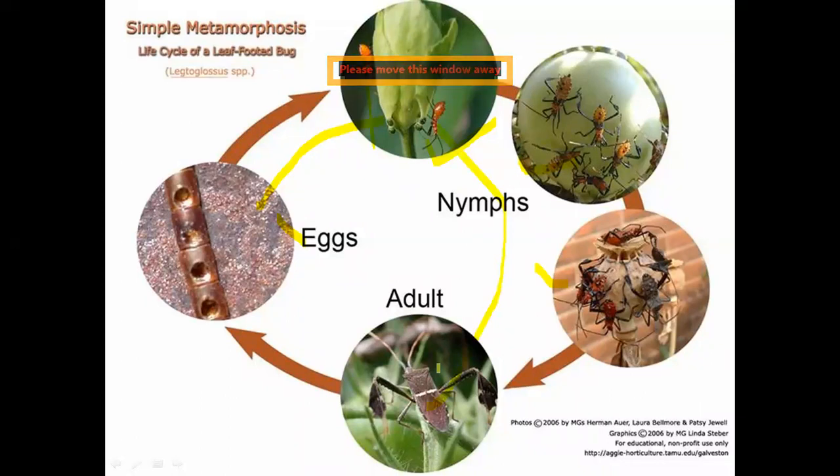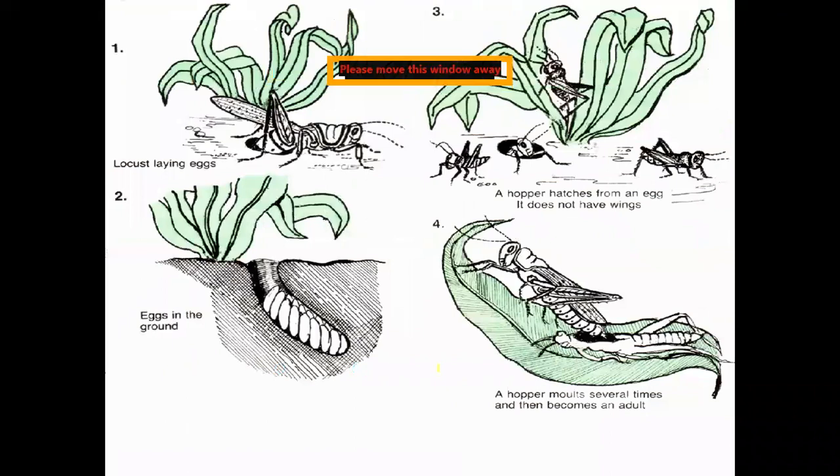So these are the three stages that pass, and during them the development or growth occurs. In this case, this is the red cotton bug insect, which shows this type of simple metamorphosis. Now another example, the grasshopper. When the grasshopper lays the